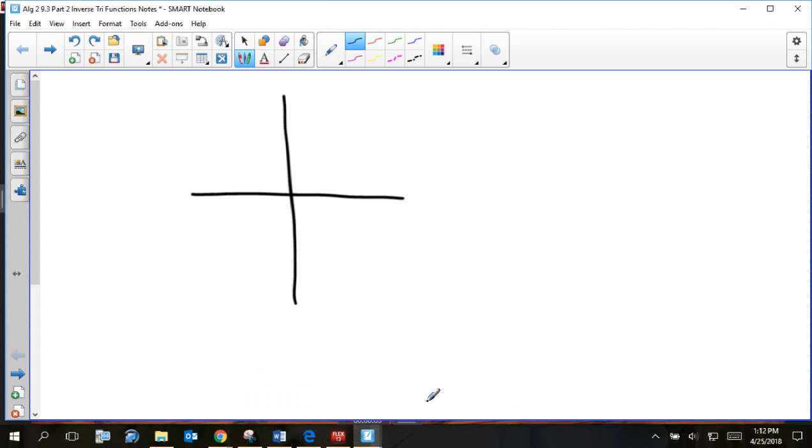Okay, if we can come up with an acronym that helps us remember: in the first quadrant, all trigonometric functions are positive. In the second quadrant, what's positive? Sine. In the third quadrant, tangent. In the fourth quadrant, cosine. If you can come up with something clever,